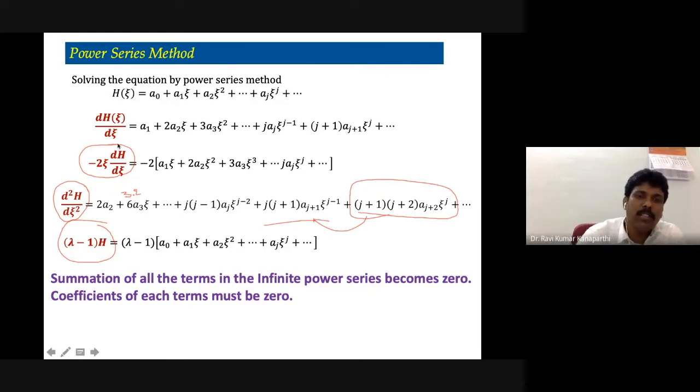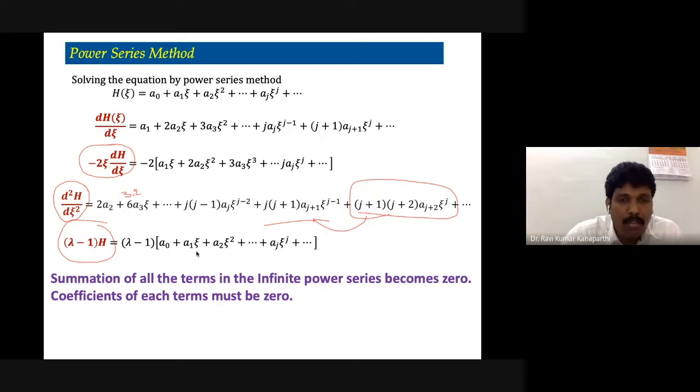Just imagine that you have here one constant, and all these coefficients have to be 0. Similarly, if you take z, the coefficient of z in all the power series, there is a coefficient for z here, and here also one term, and here also one term is there. So when you take the summation of all these, they have to be 0. Only then will the summation of the three differential terms be equal to 0.